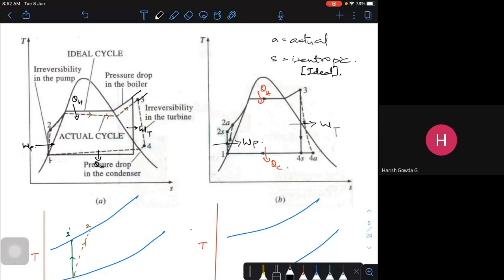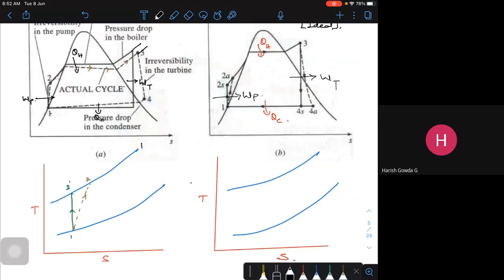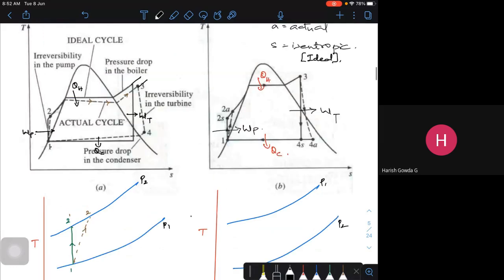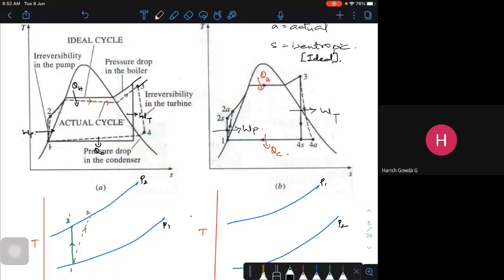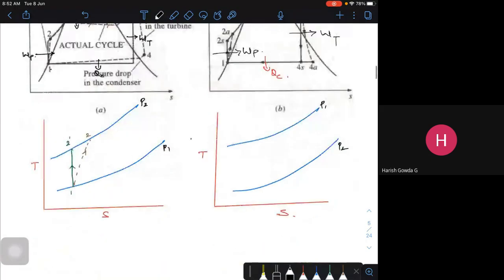Okay, so that particular thing happens. So this is from P1 to P2. Now if I come to the turbine, what will happen? I am going to execute an isentropic expansion. If I'm executing an isentropic expansion, it's a vertical line. I'll be executing something like this, the expansion from 1 to 2 dash or 2s, whatever it may be.